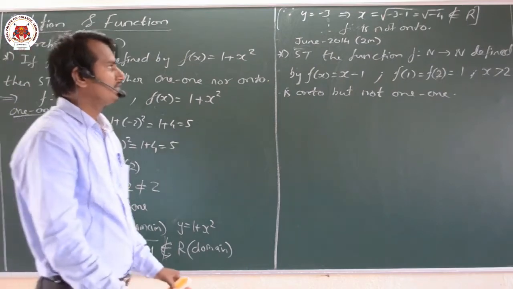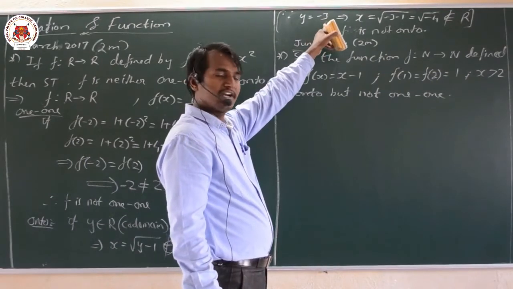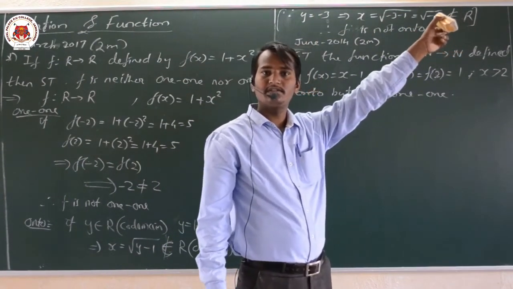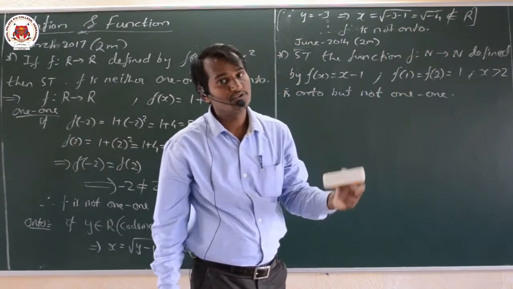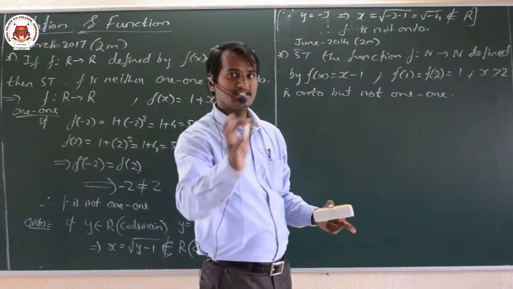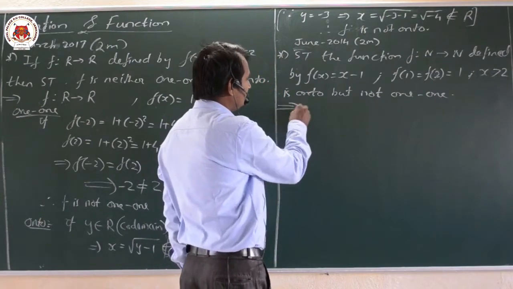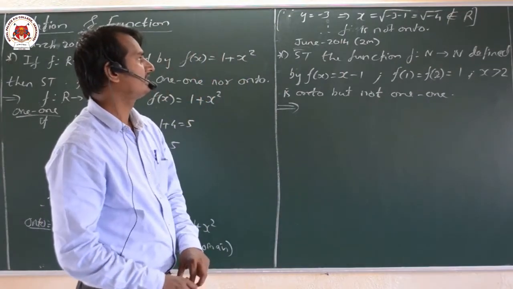For example here, if you had taken plus 3 instead of minus 3, what we get is 3 minus 1, root 2. Obviously it is a real number, yes or no? But in all other possible cases also you have to check here. Please keep this in mind. Now let us move on with the next problem. Let us read the question.